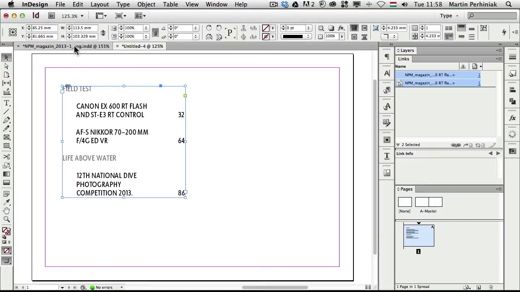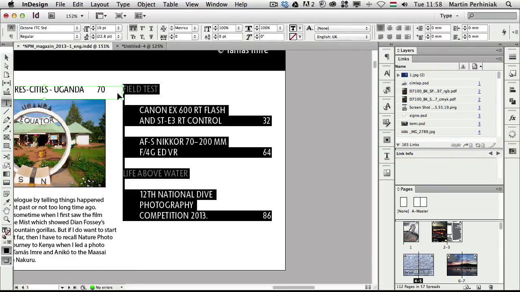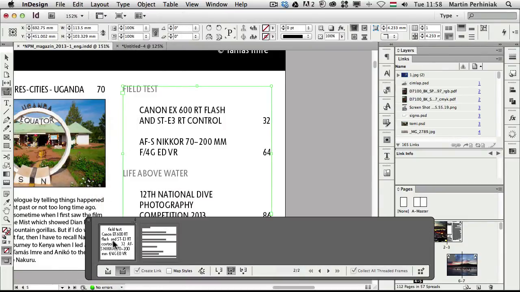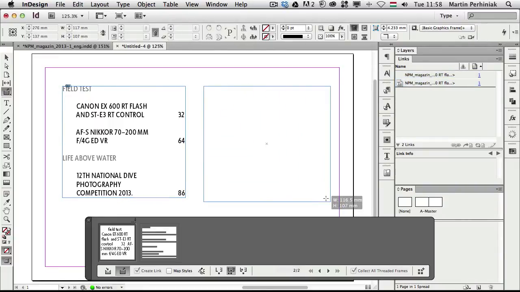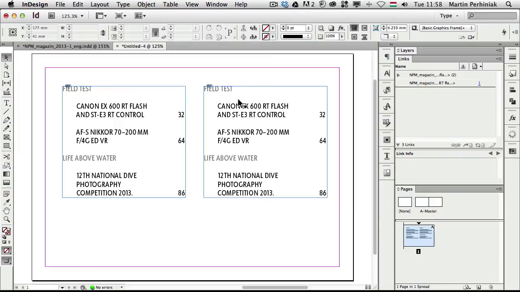Let's see what's the difference if we select the text of this frame instead of selecting the whole frame, and not just copying it, but also choosing edit, place and link. Okay, we can see even the image looks different here in the conveyor. This is only the text, while the original one was the whole frame. Once again, I go back to the other document and I click and drag to create a frame. And what happens now